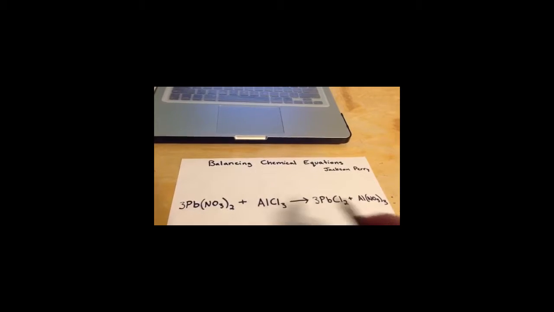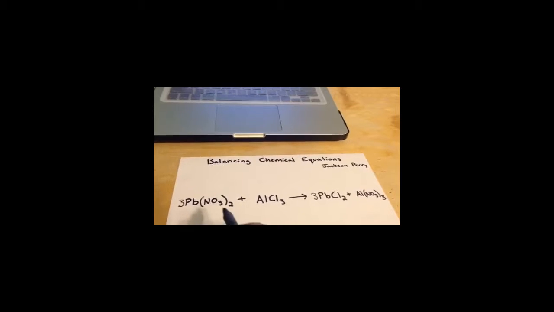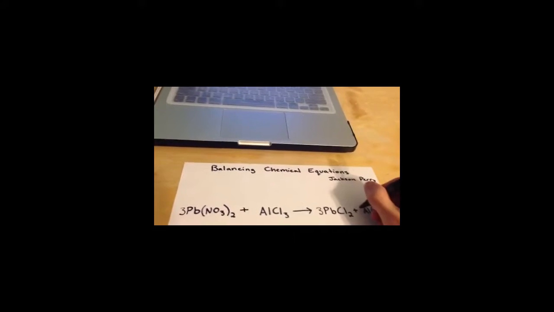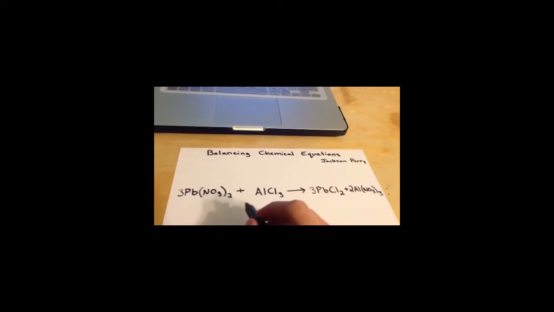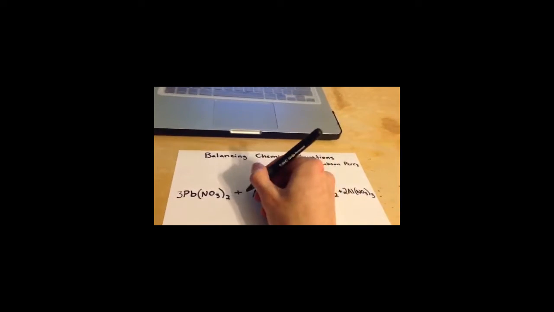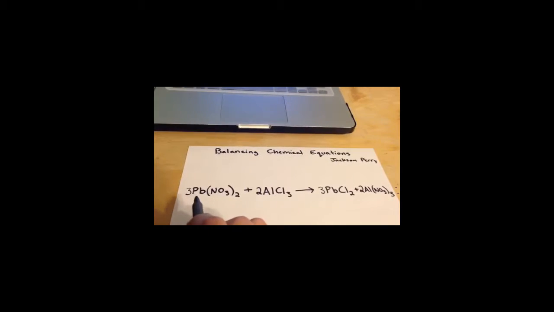In order to make this one 6 and match the nitrate on the other side, we put a 2 right here, and now we have 2 aluminums, 6 nitrates, 3 leads, 6 chlorides on this side. And then finally, to match this, we would put a 2 right here, and to check our work, we have